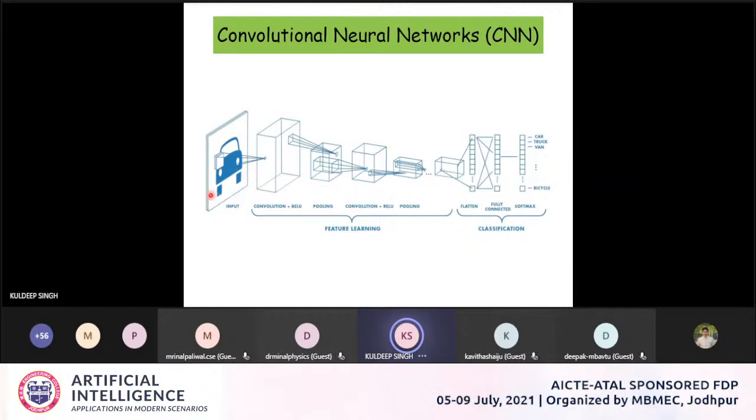Since nowadays the input data are of very high dimension, and processing this complete high-dimensional input image requires a very high-end computing system. So the idea here is, with the pooling layer, we are reducing the dimension of this input data without losing the information, without losing the spatial integrity of the image.